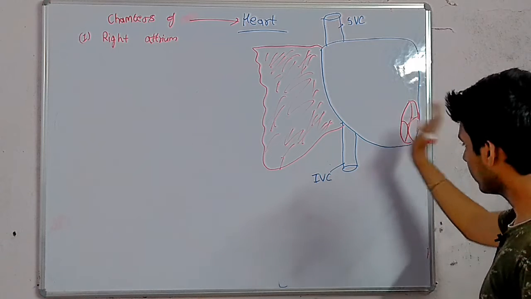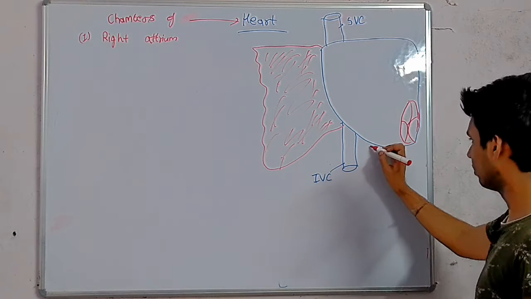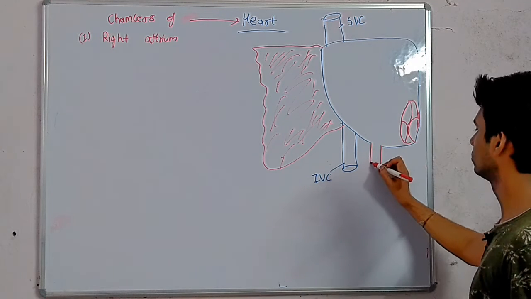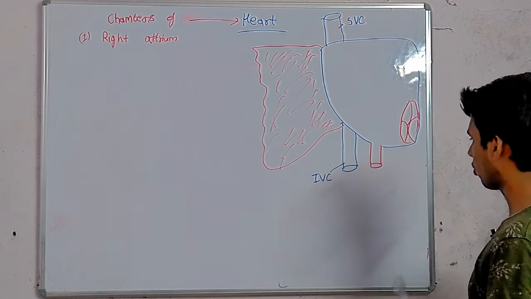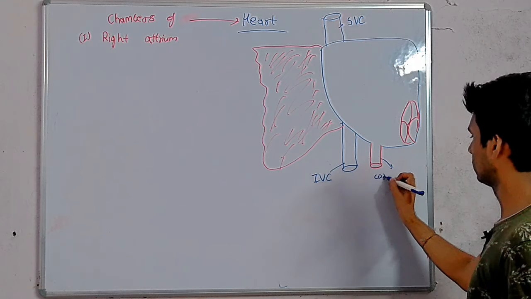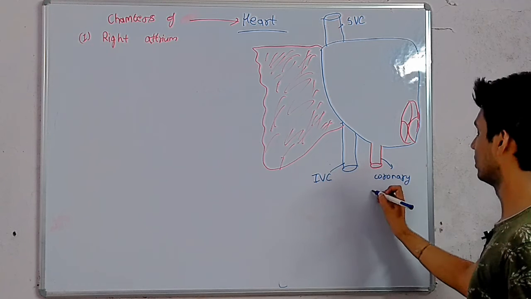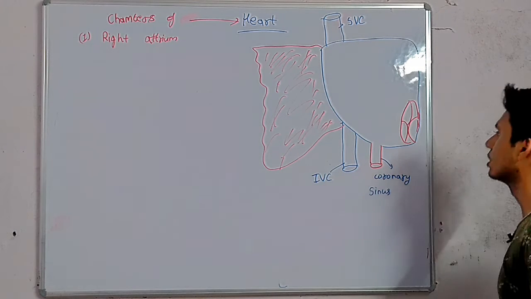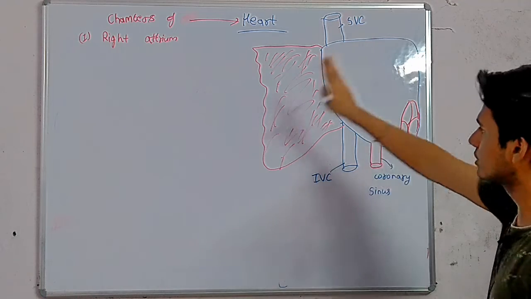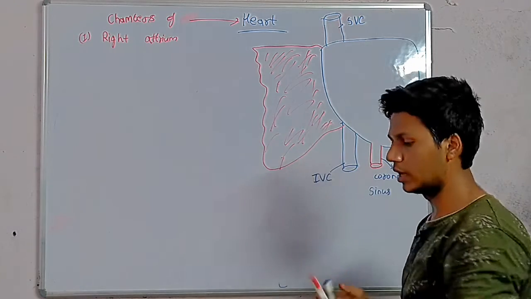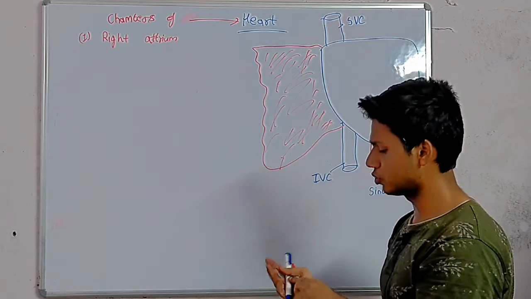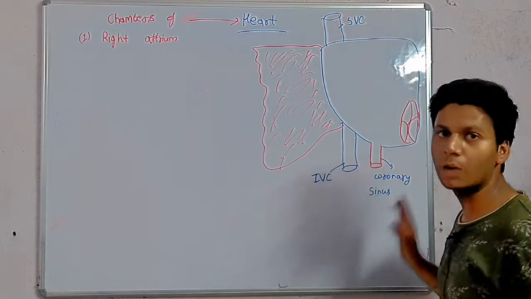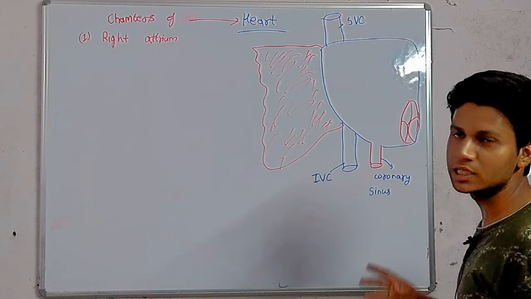Done. Here just medial to it and in between is the small opening called opening of coronary sinus. This is opening of inferior vena cava, this opening of coronary sinus. So heart, this is anterior wall, we just remove it like this. We just remove the anterior wall and this is the posterior wall. So all these openings are present on posterior wall, not a single opening present on anterior wall.